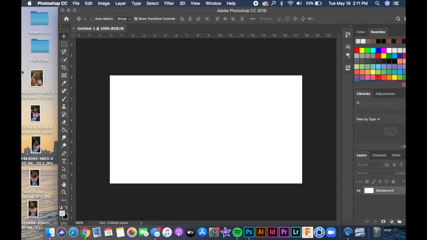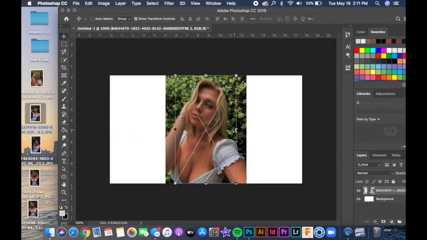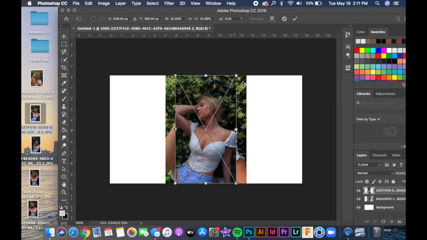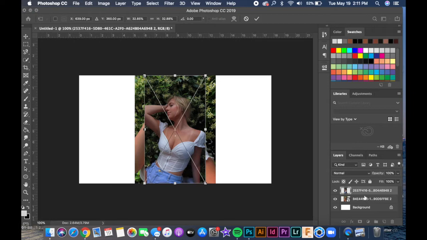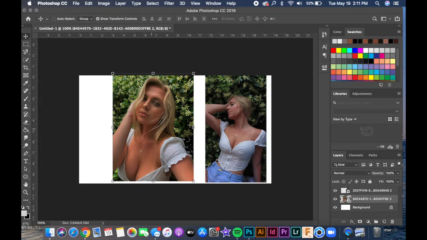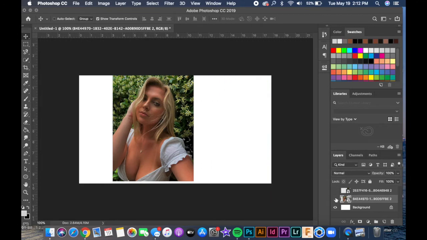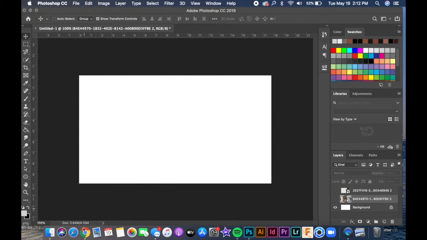So first thing, I'll import the photos I want to use. If I had to guess, I want to start with this one and this one because they're different, but then I will have these on standby. Now, it's important to always recognize your layers. You can see them always in your bottom right hand corner, and it doesn't really matter the size right now. You can even close them, because what we're going to do next is open a new window